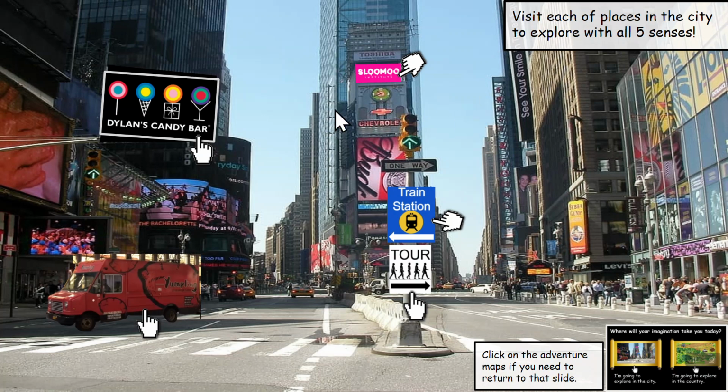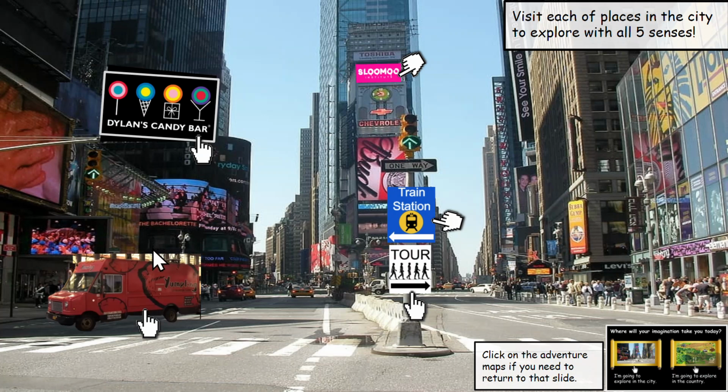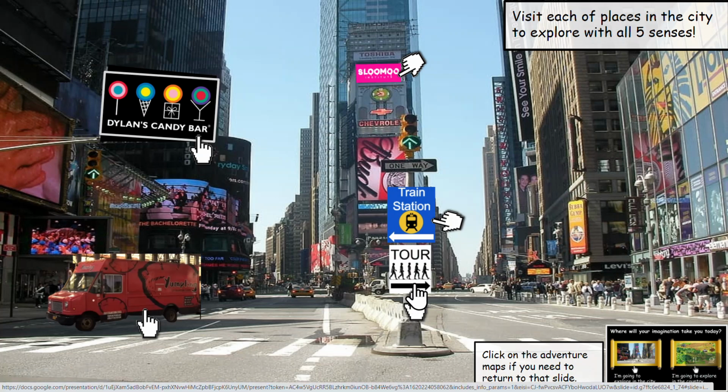Okay, so a place will allow you to explore with a sense. So for example, when you come over to a click hand, it's telling you to click on the picture to go explore a sense. Okay, notice how when I hover close to something I can click on, my cursor changed. It went from arrow to click hand. Okay, so the click hands are there to help you know what you can click on.